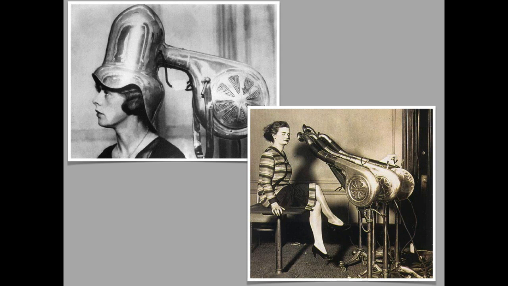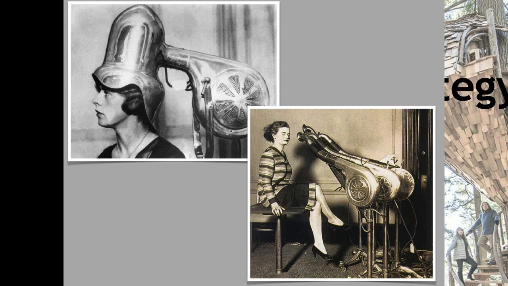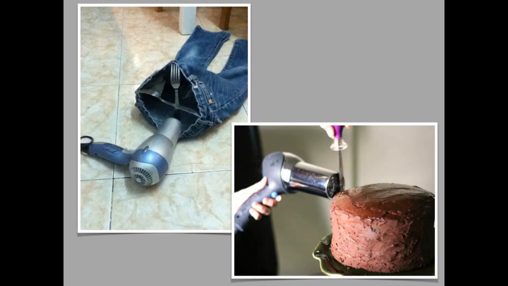It's clearly a hairdryer. The other device, however, is doing something else. The other device is blowing hot air at the lady, which is what hairdryers do. But interestingly, once you take the concept of a hairdryer and say, how is it working? Well, it's working by blowing hot air. Now you can have all sorts of questions about, well, what else could I do with it? And now it's no longer a hairdryer, it's a hot air blower, which then leads you in a new direction,